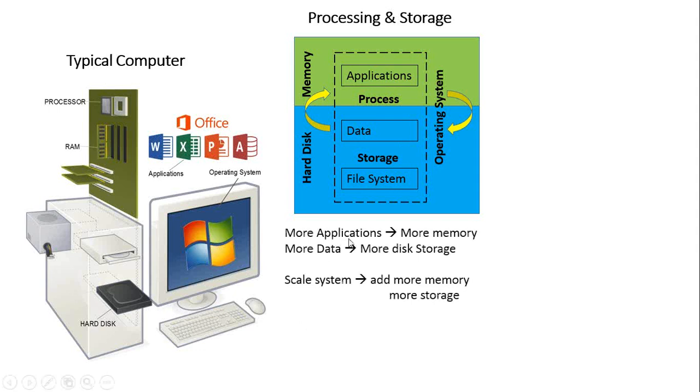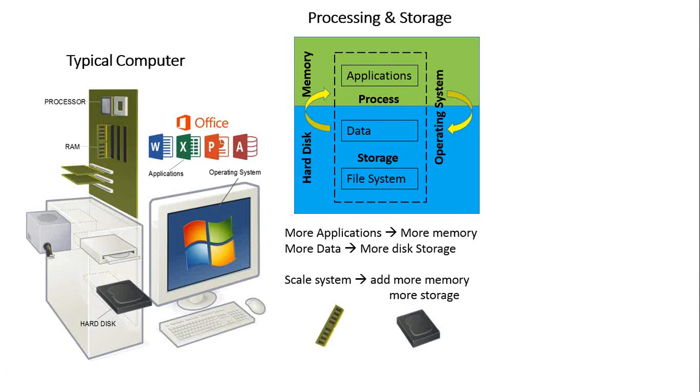So this is the typical processing and storage that is run on any of those computers or commodity hardware. As the number of applications increases, we need more memory, and for storing more data, we need more storage. So to scale up a system, we simply add memory and storage. The limitation is that for a normal computer running Windows, you have 8 GB or 4 GB of RAM, and for hard disks, you can scale. Nowadays we can scale up to terabytes, but